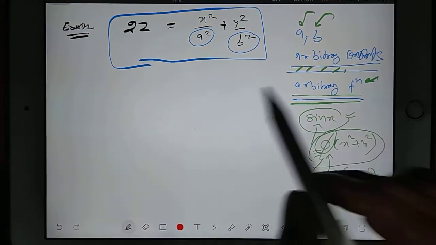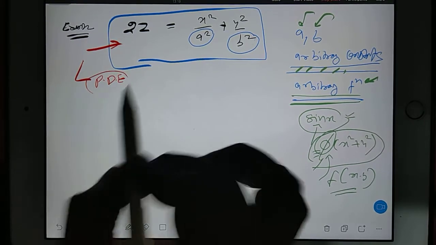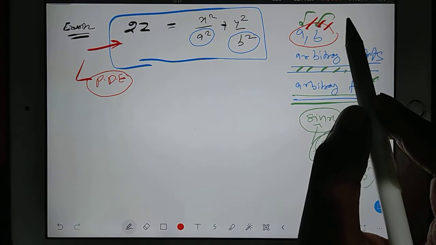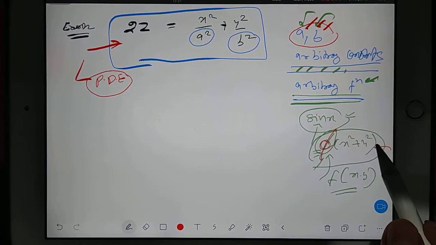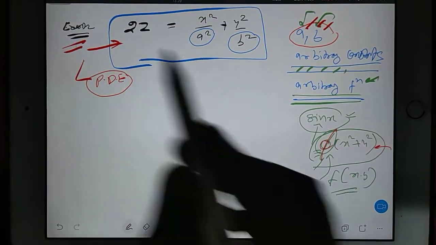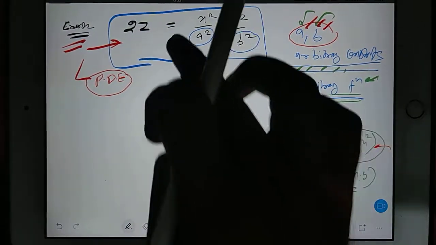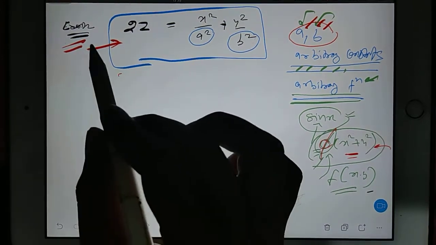So actually whenever we are converting any general equation into its partial differential equation, our job is to remove all the arbitrary constants from the equation and also remove the arbitrary function if that is present. Currently in my example, an arbitrary function is not present. I will take one more example after this where I will show you how the arbitrary function will be present and how to tackle that. Okay, so let's bother about this.